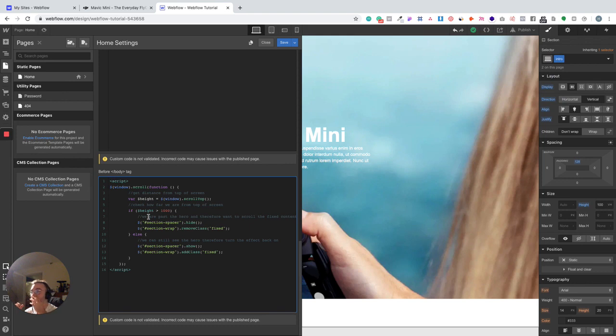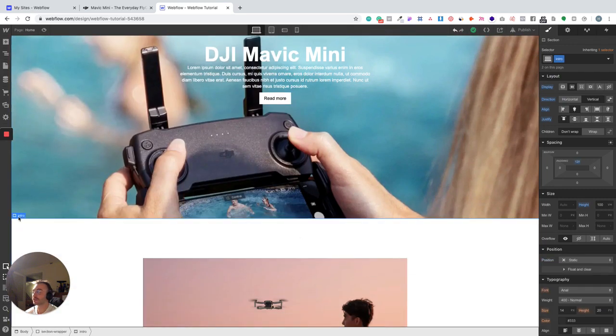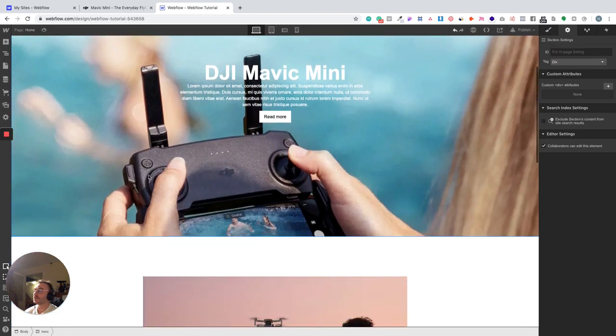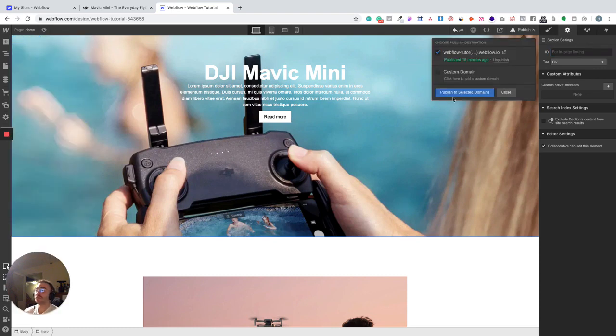section wrap again. You'll notice here that we've got some hashtags before our class names, and that just means that we need to have an ID associated with these sections. So with this one here, we're going to call it section-wrap. Perfect. And then what we need to also do is just go to section spacer, and again section spacer like that. Perfect. Let's publish the project